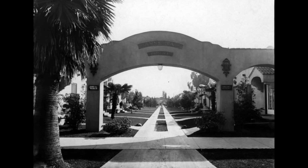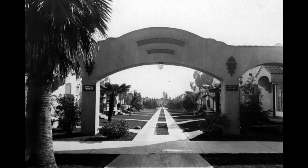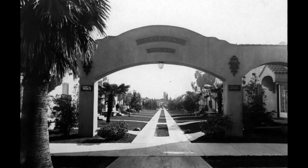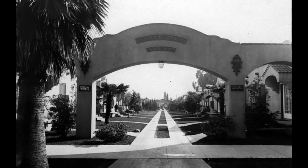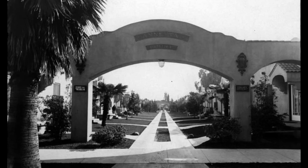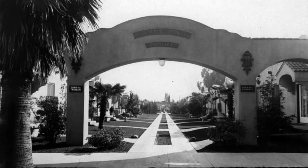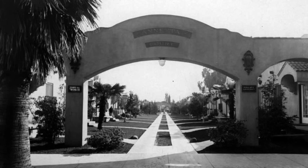Take a look at Annetta Court back in 1928, located at 5154 Sunset Boulevard in Hollywood. See that central walkway? It splits the sidewalk, leading your eyes straight through the heart of the complex. Even though those apartments are long gone today, those iconic palm trees still stand, remaining some of the tallest in